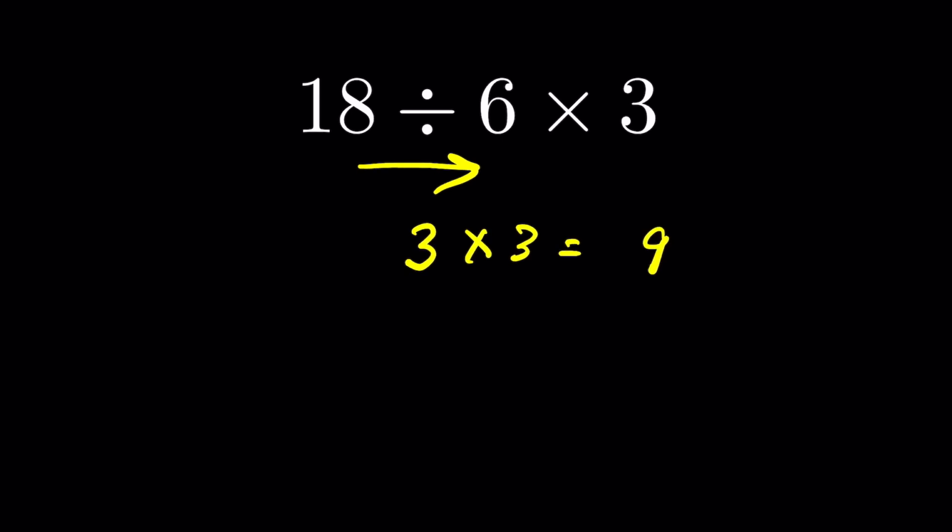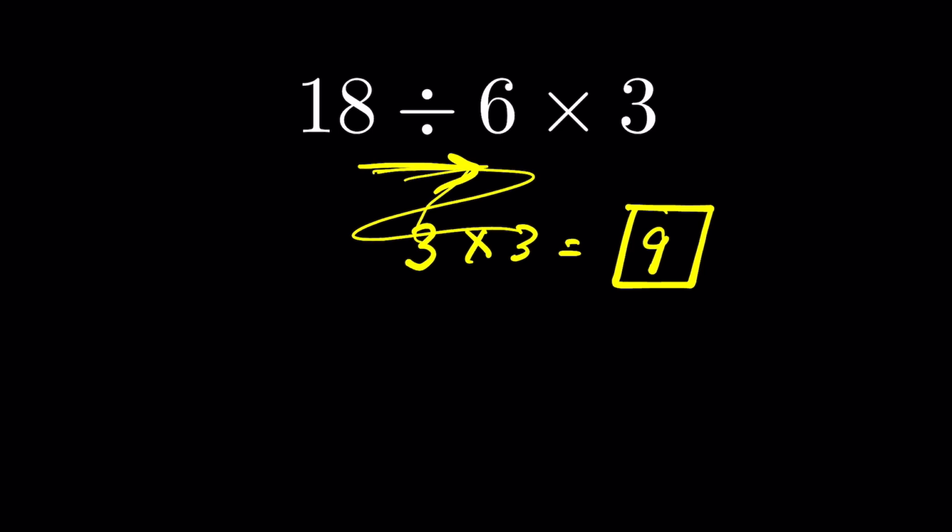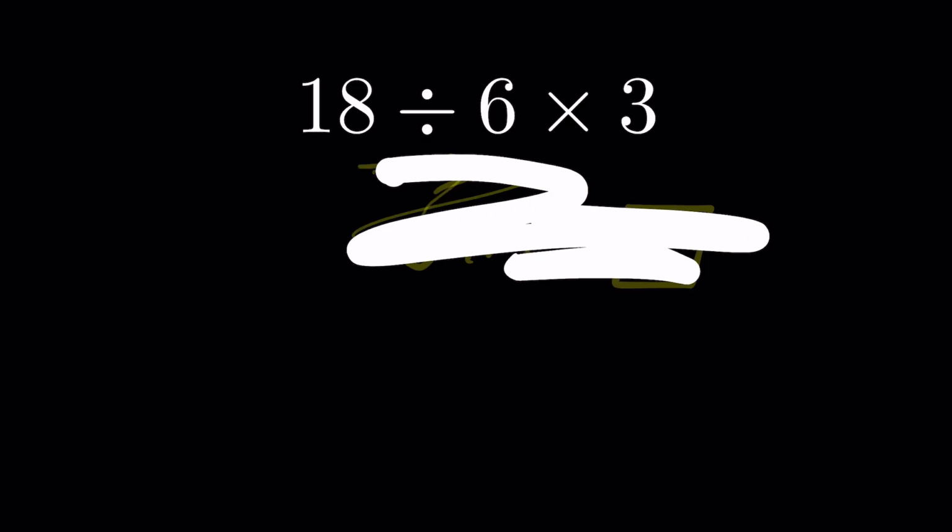In PEDMAS, we are already getting 9 as our answer, because in PEDMAS D is written first. So it's a coincidence that we are getting the correct answer in PEDMAS. It doesn't mean that you have to follow PEDMAS and PEMDAS is the wrong order of operation. No. You can follow any of the two rules, and just stick to the rule of left to right, you will get the correct answer in both of these rules.